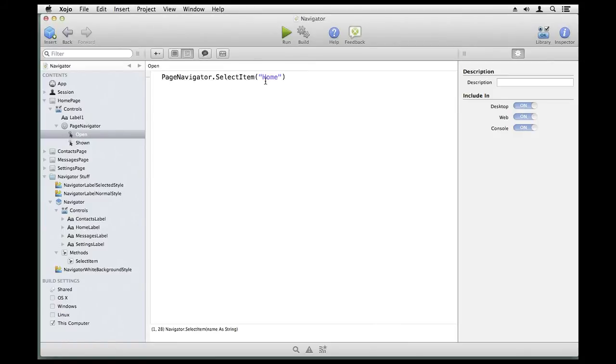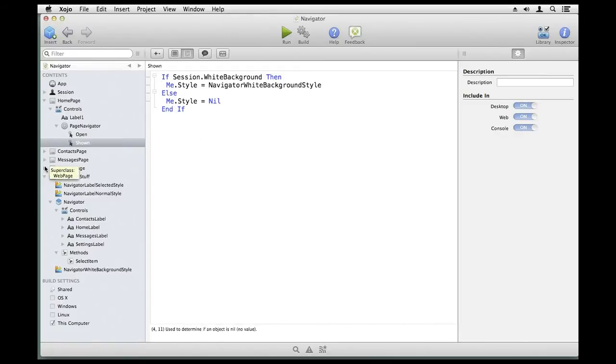So the home page is selecting home, the contacts page will select contacts, etc. And the shown event handler, which is called when the actual page appears in the browser, checks to see which background it should use. And we didn't look at that, but we have to jump ahead to the settings page,